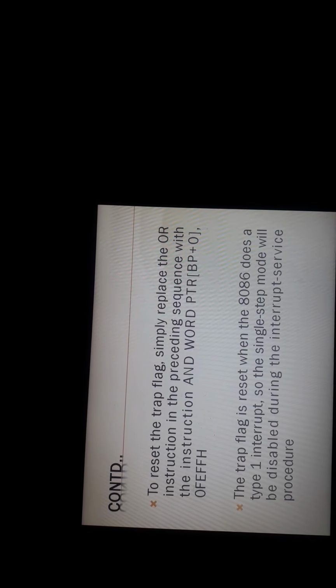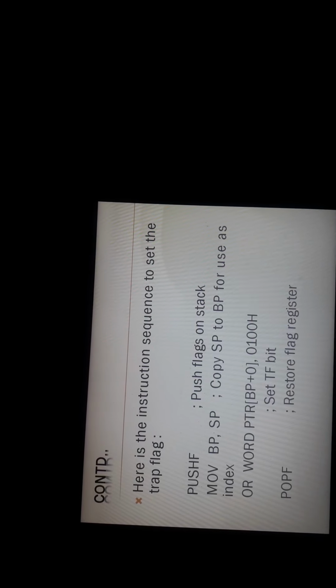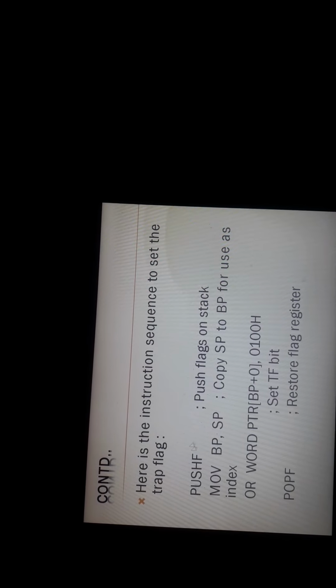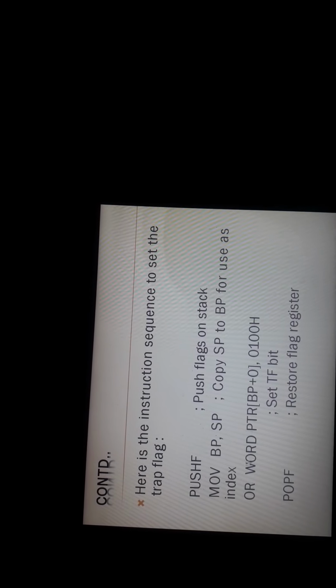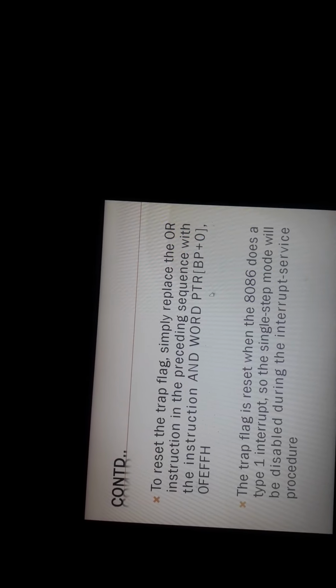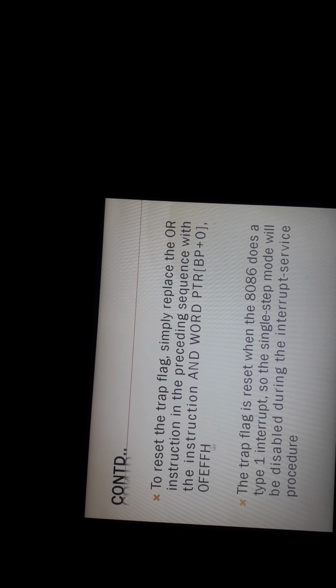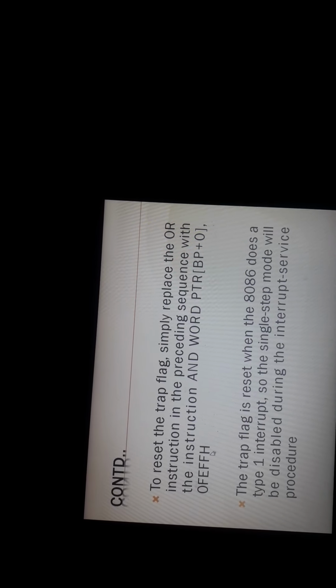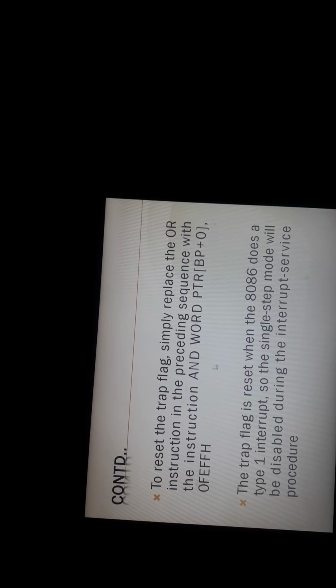Similarly, if you want to reset it, the instructions are the same, except that in place of the OR operation you need to do the AND operation with the value 0FEFFH. When you do the AND operation, it gets reset. For the AND operation, both the inputs need to be 1.